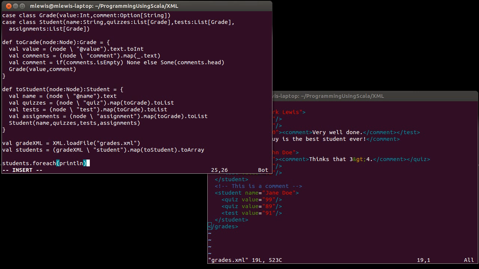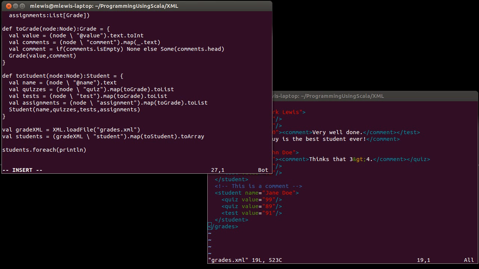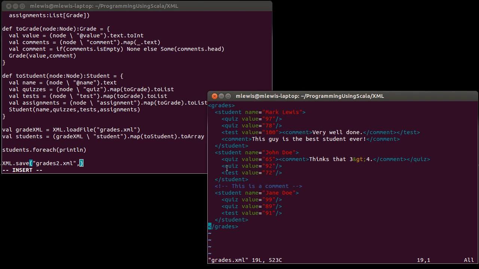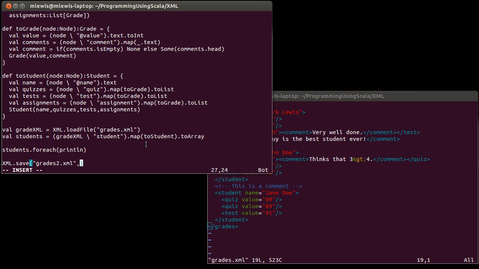So for the saving, after we had done whatever changes we would want to do, it would be xml.save, and I'm going to call it grades2.xml so that we can tell that it is distinctly different from before. And now we somehow need to build a node out of all of these students. Now the node itself, notice this isn't supposed to be a sequence of them, this is just one, because an XML file only has one node, one element at the top, and so it needs to be the grades element,